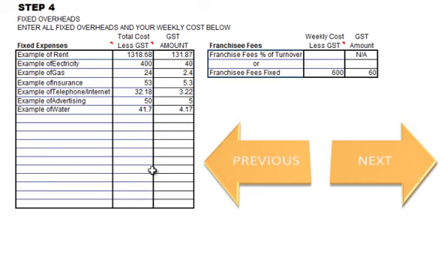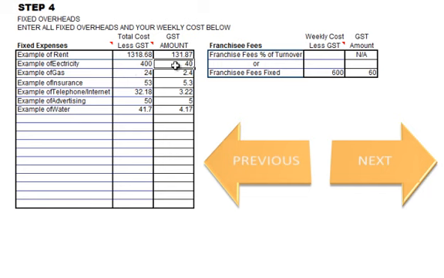Okay, the more fixed overheads that you can enter into this area, the more accurate your results will be. We've only given you a few as an example here. So we've got rent, electricity, gas, insurance, telephone, internet, advertising and water, but no doubt you would have some more expenses that should probably be entered in there. Things like leased items and whatnot. When we do enter them, we put our cost less GST and our GST amount next to that. So in the case of electricity, which you can see here, electricity is $400 exclusive of GST plus $40